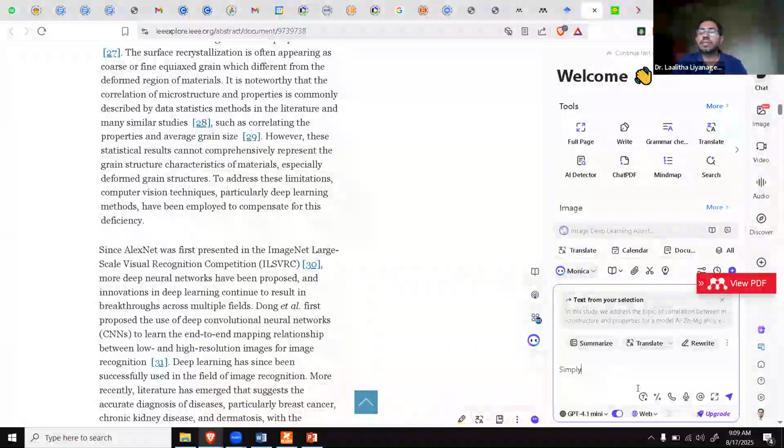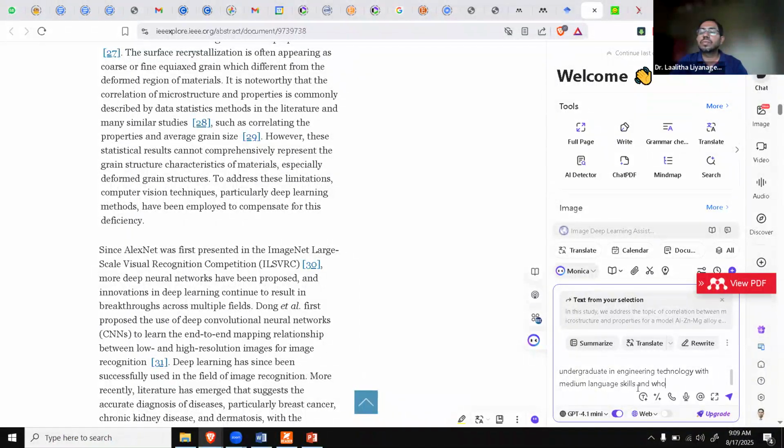So I can say, simplify the following, to be understood by an undergraduate in engineering technology with medium language skills